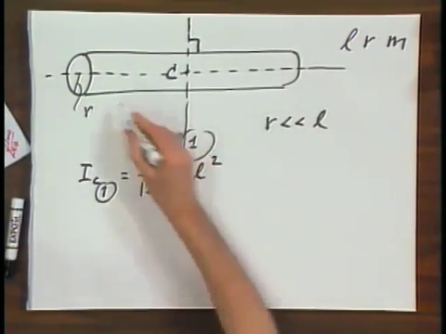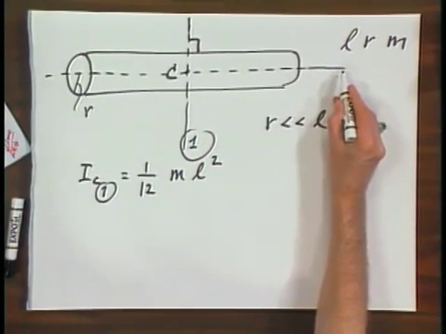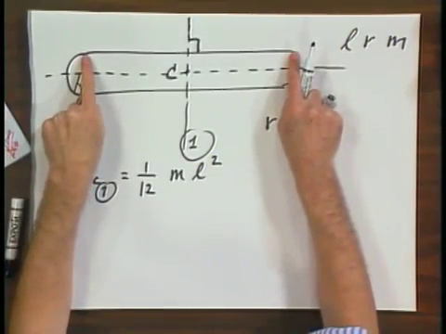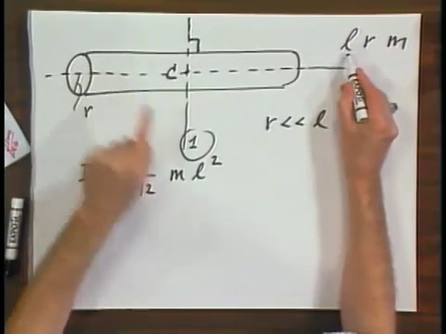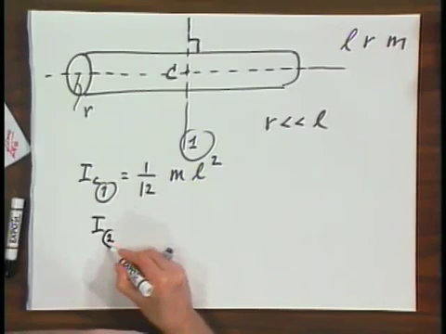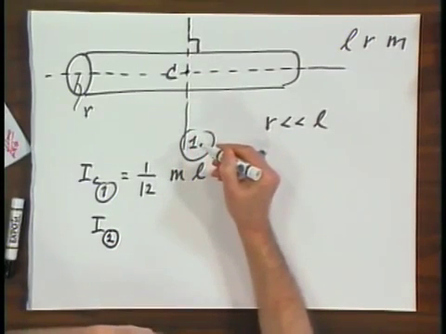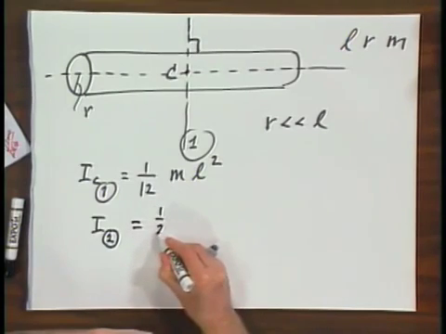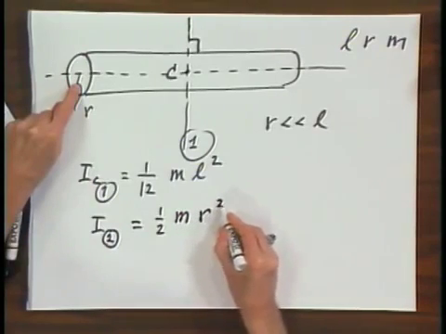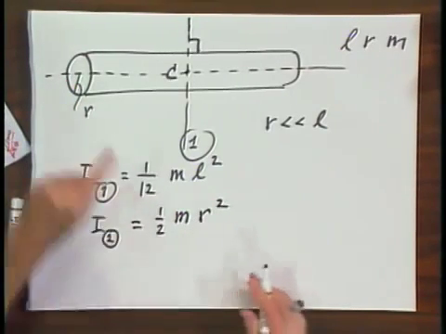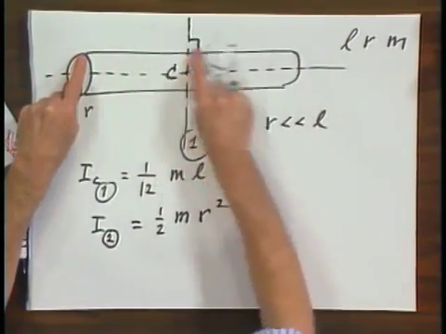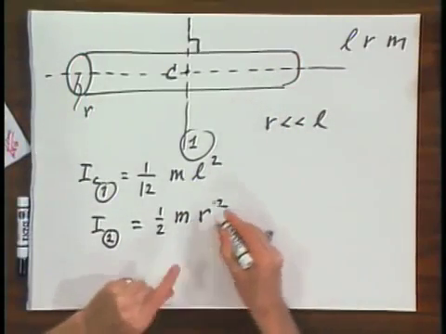Well, we also calculated that because we can now apply our results that we found for a cylinder. The cylinder now doesn't have a thickness A as we had before, but it has a thickness L. And so now the moment of inertia of axis 2, which by the way also goes through point C, now equals 1/2 m times r squared. Remember, the radius came into there and the mass came into there. The thickness of the cylinder, L, did not enter into it, except that when you double the thickness, the